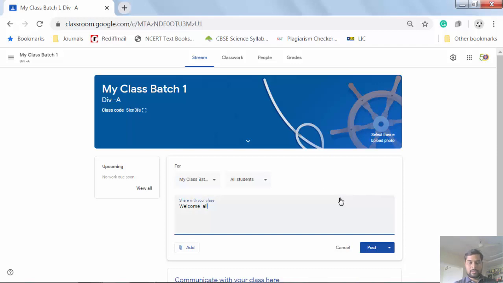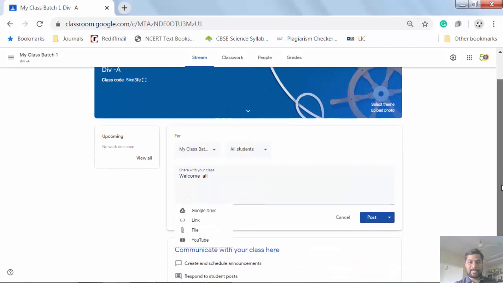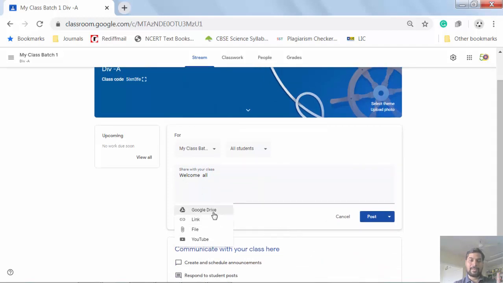Here we can add various types of files. We can add any file, PDF file, JPG file from Google Drive. We can add a link from YouTube or from a website. You can add any type of file directly. You can add a YouTube video also.